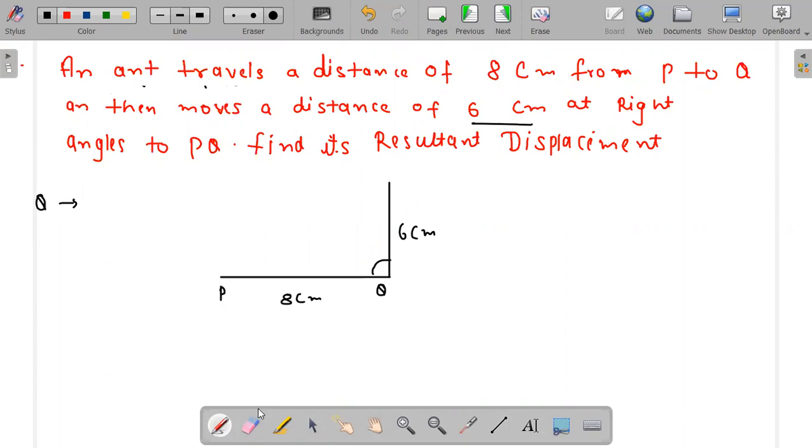What is displacement? What was your origin? This was your origin. Origin means you start from P. So P is initial point, or it is also known as a reference point, and from here you start. So I have to find displacement between these 2 points. So I can name this point P, Q, and you can write any name. Okay, I'm writing N here.